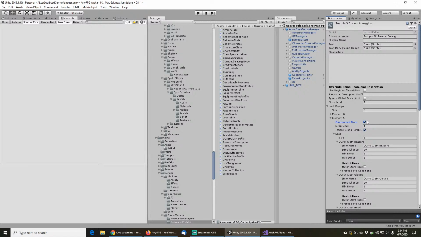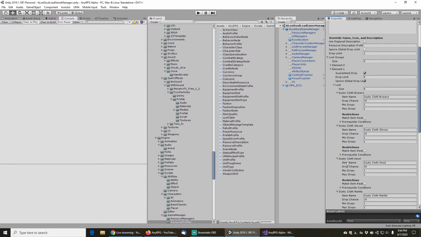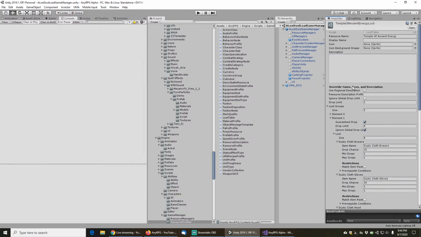Okay, good. And now, so we're going to do a guaranteed drop, and you know what? I want all 8 of them to drop. Why not? Okay, that's good. So now we've got a loot table. As soon as I kill a mob in the Temple of Ancient Energy, we'll get all 8 of these items at random item qualities. However, one thing that I forgot to do,